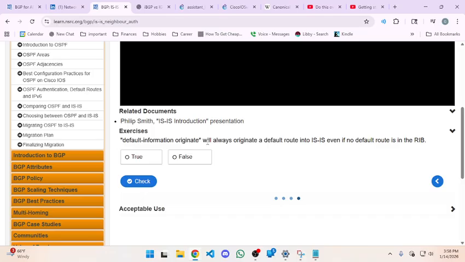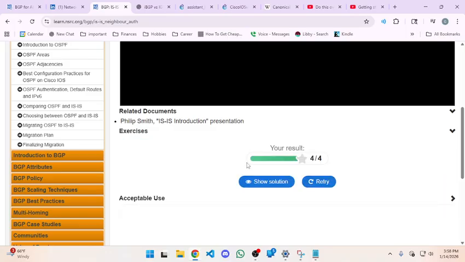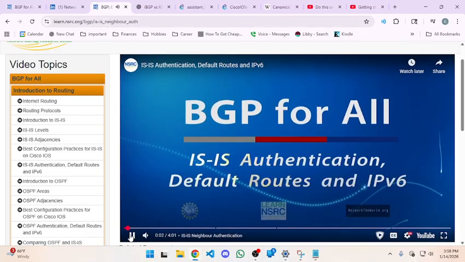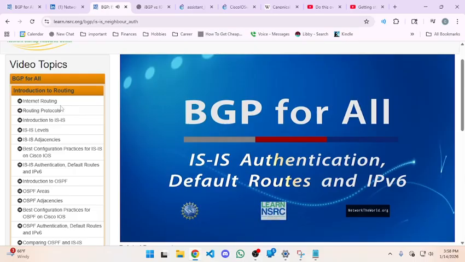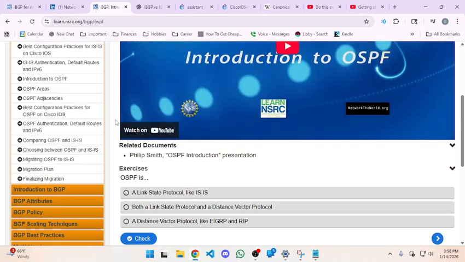Okay, so default-information originate will always originate a default route into ISIS even if no default route is in the RIB. True. All right, so this was ISIS authentication and default routes. There we go. So next, now we're going into OSPF, the one that's not as good